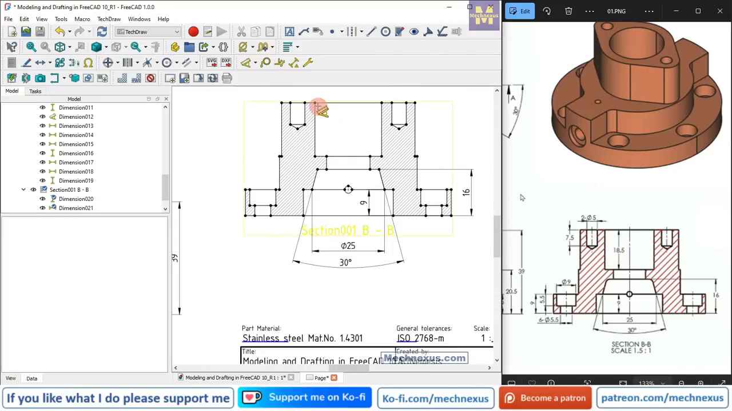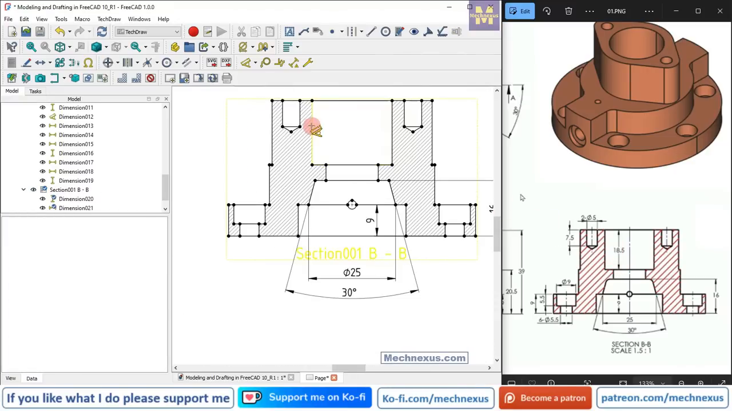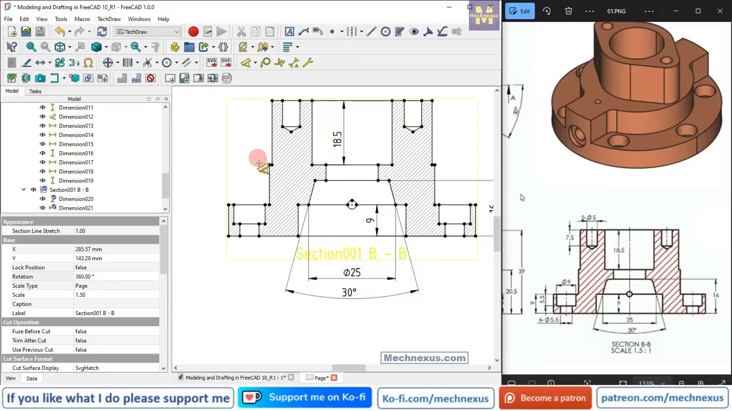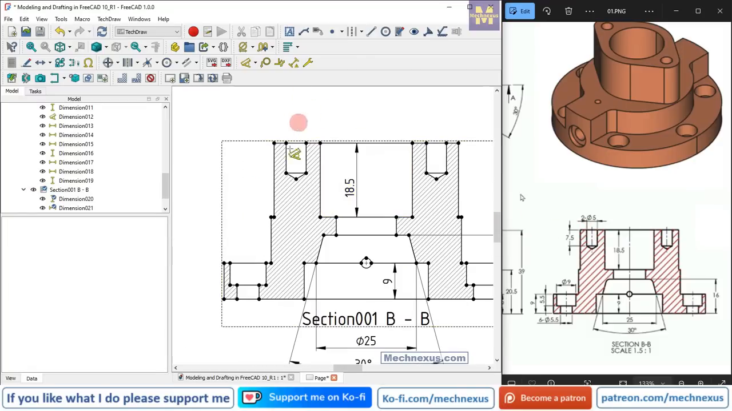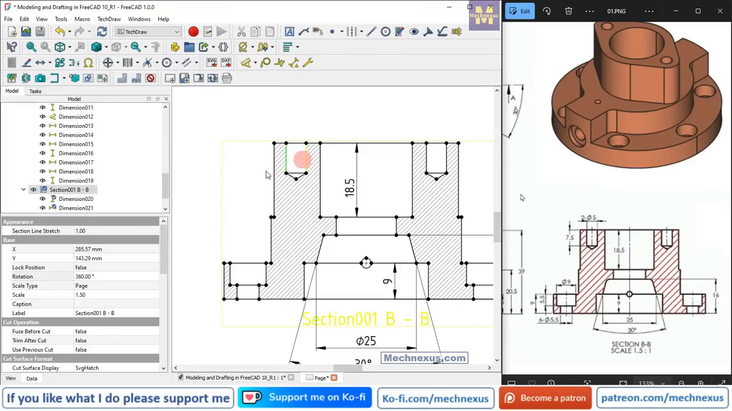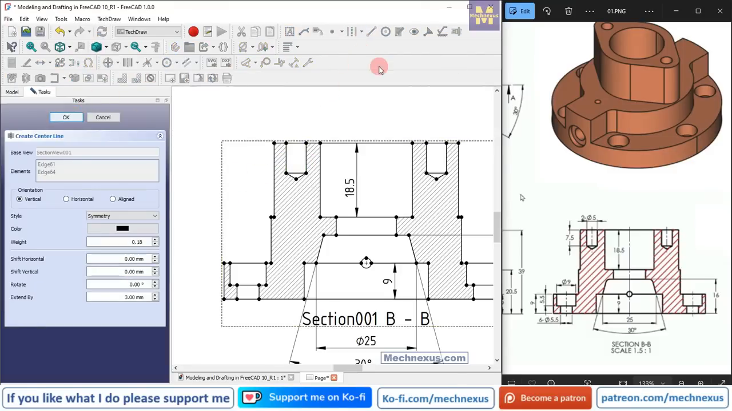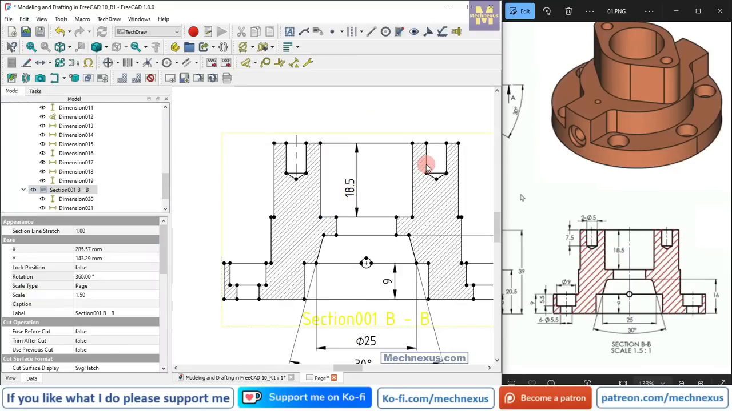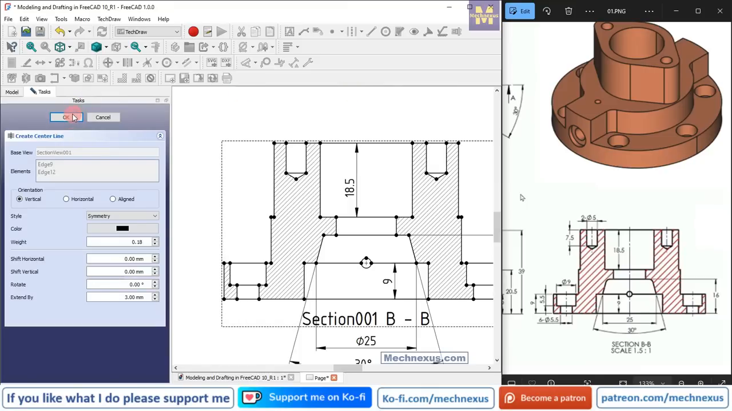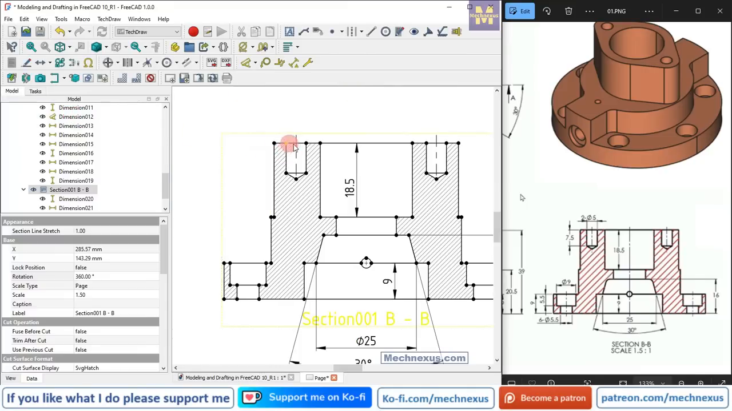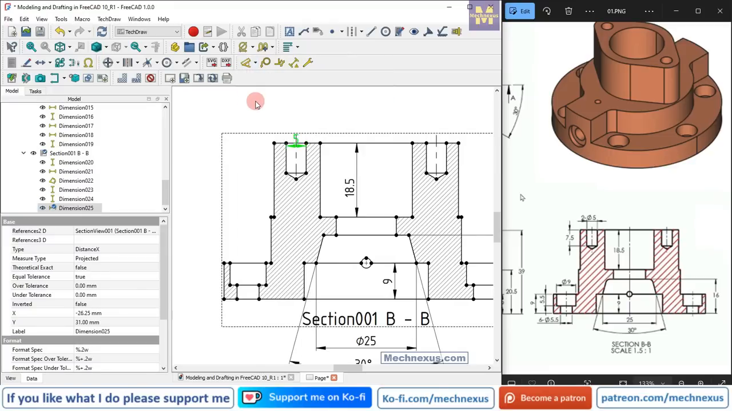Now here a dimension of 18.5 is given, 18.5, and here is a drill. So first I will insert a center line. Now select this and this, add a center line, and now select this chord point and this chord point and add a horizontal dimension of